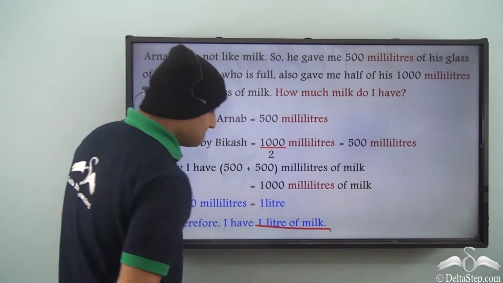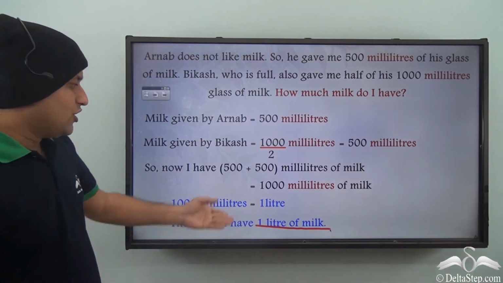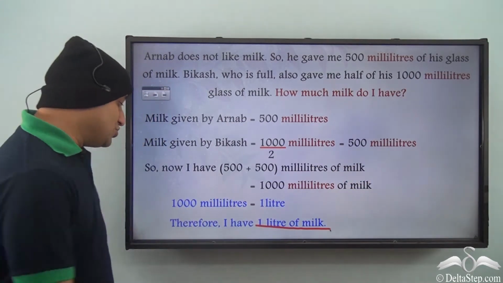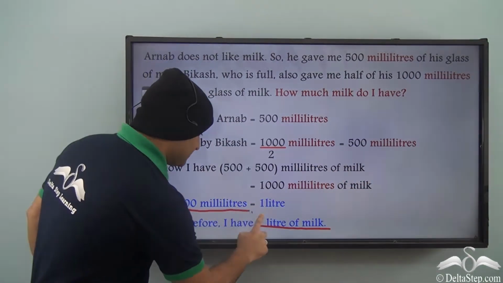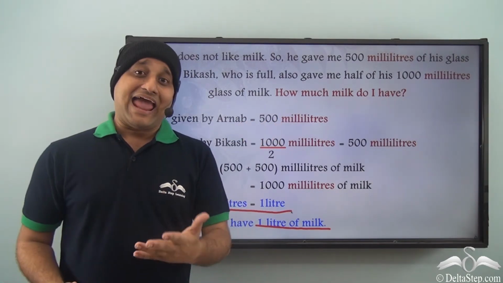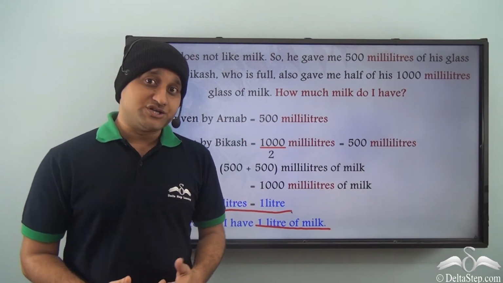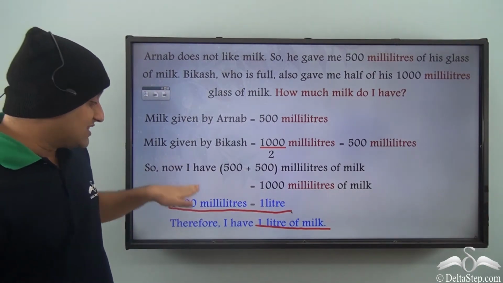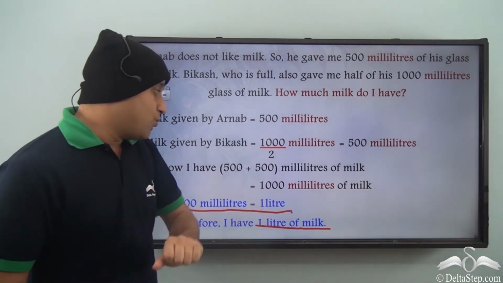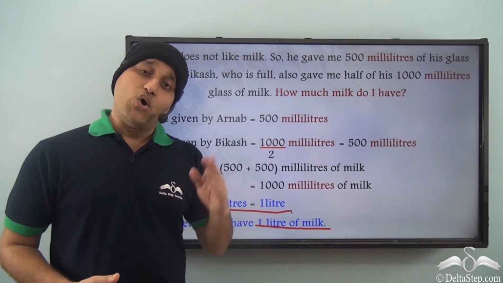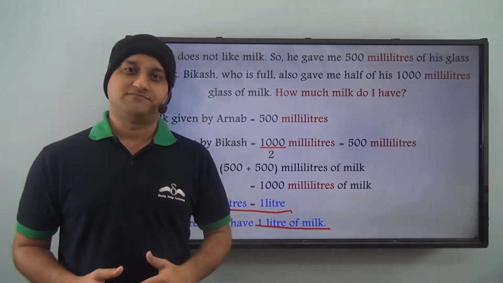1 liter of milk. So this is how you can solve any problem of liter to milliliter using this conversion. So you can try more problems of such kind and you can master this conversion by using a very simple conversion rate, that is 1000 milliliters is equal to 1 liter. And when you solve a number of questions of this type, you will have complete mastery over such word problems.